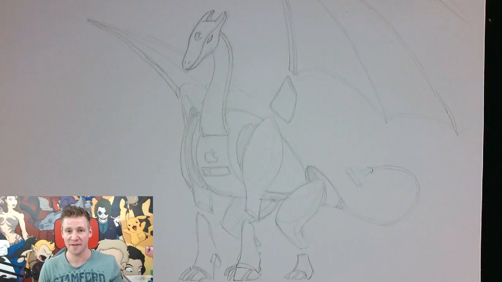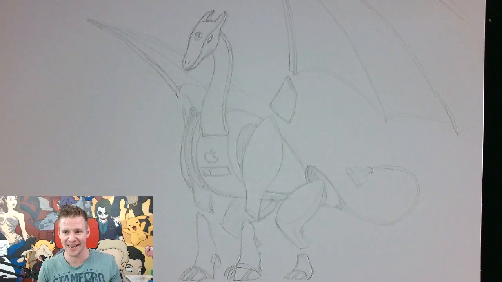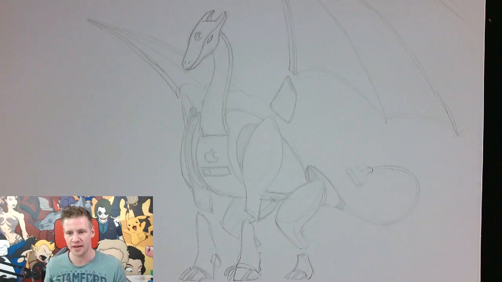Alright, so this is my final sketch and it's ready for line work and color, and I just wanted to take a moment to talk through how I feel about the design. I'm actually pretty happy with how it's turned out, considering it's been one of the trickier character design sessions so far. Some of the things I think have worked in its favor are going for that sort of Eve from